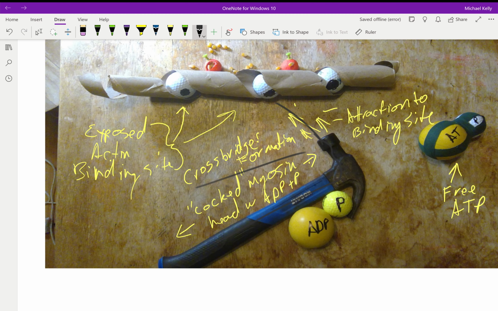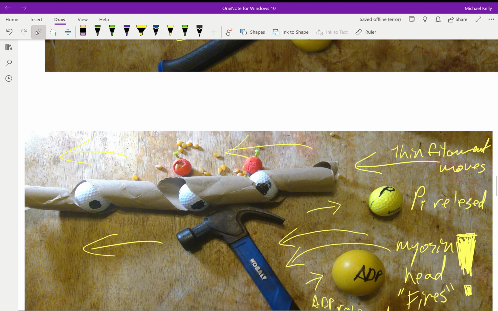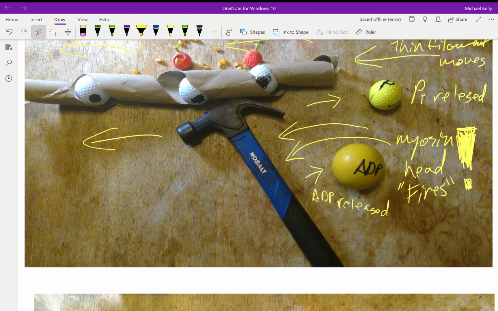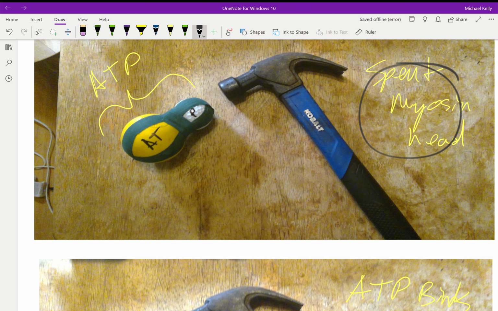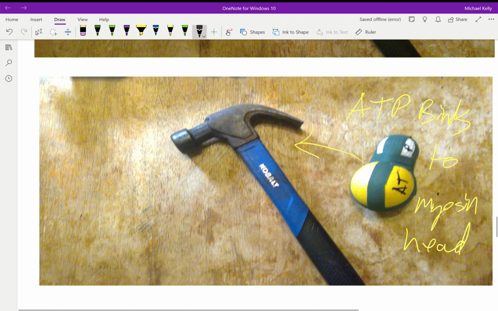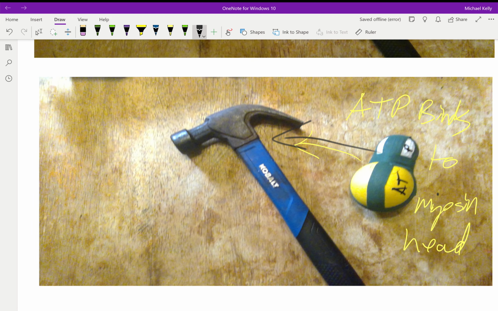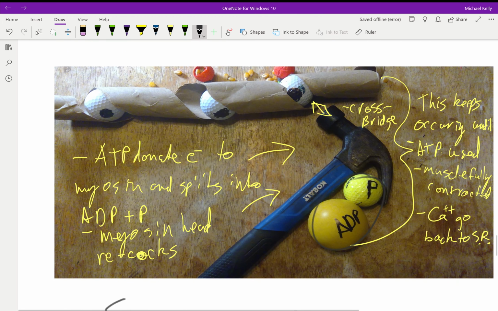When that cross bridge is formed, the hammerhead fires this way. This P and ADP are released, and what happens then? You have a spent myosin head. It has no energy. This ATP has some energy. It says, hey, I've got some energy for you, big boy, and it attaches to this hammerhead. That recocks this hammerhead of myosin, and a cross bridge is formed again,